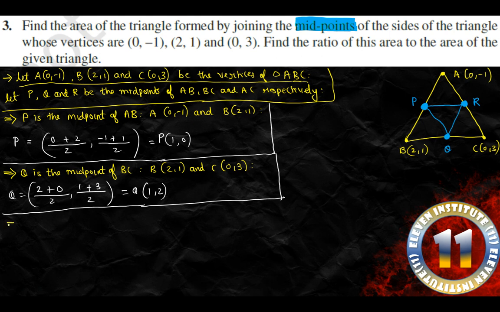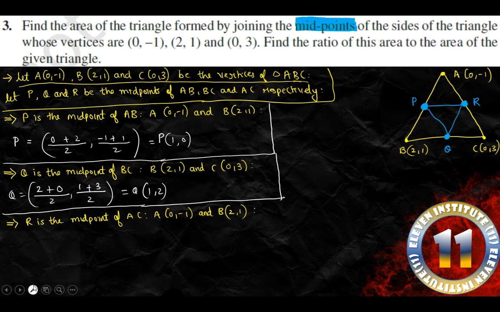Right. So R is the midpoint of AC. So we shall write over here that R is the midpoint of side AC, where point A is again 0, -1 and point B is 2, 1. Right, so again we shall apply the formula for midpoint, which is R is equal to,